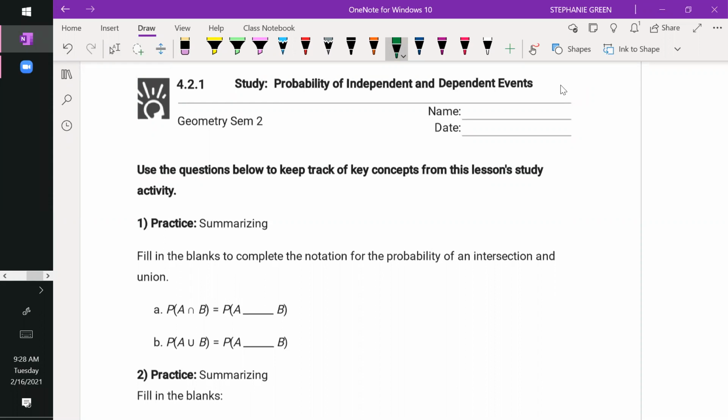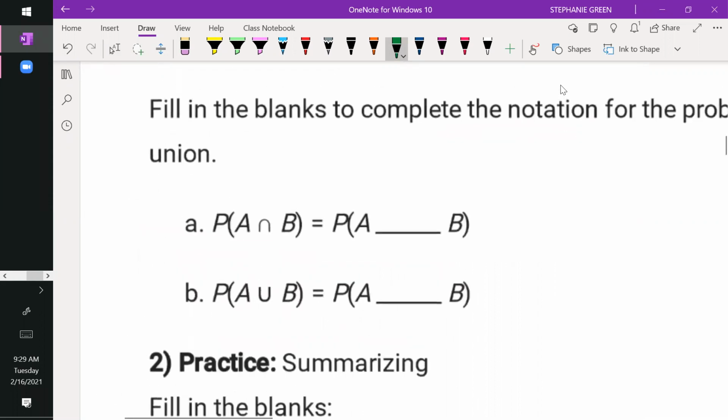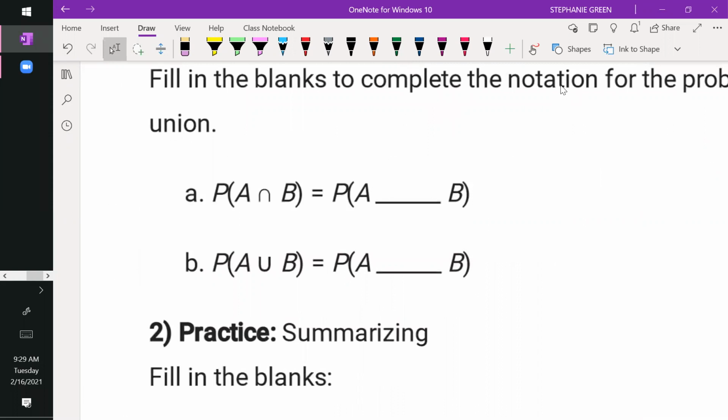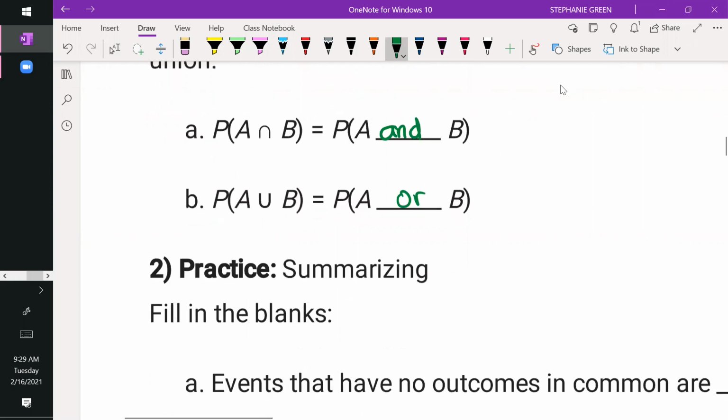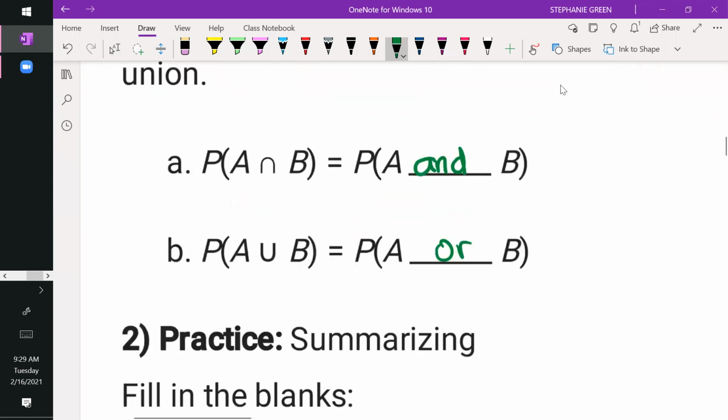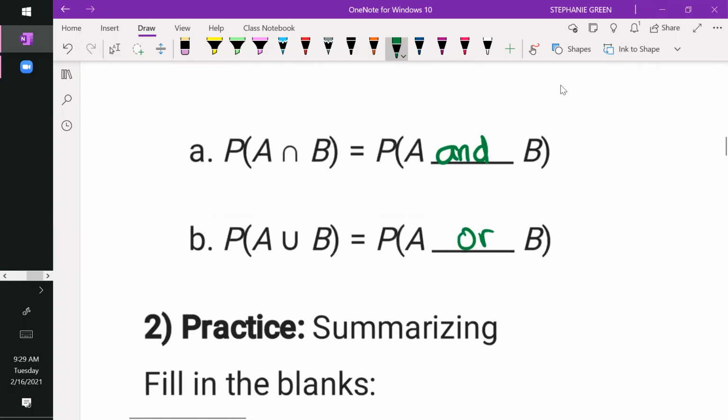Okay, when I say combine them, I mean these things here. We talked about this in the last section. This symbol with the upside down U means intersect, or the probability of A and B occurring at the exact same time. And the U shape stands for union. It means we're looking at the probability of A or B occurring at either time. Okay, so when we're looking at these combinations of probabilities, A and B or A or B,